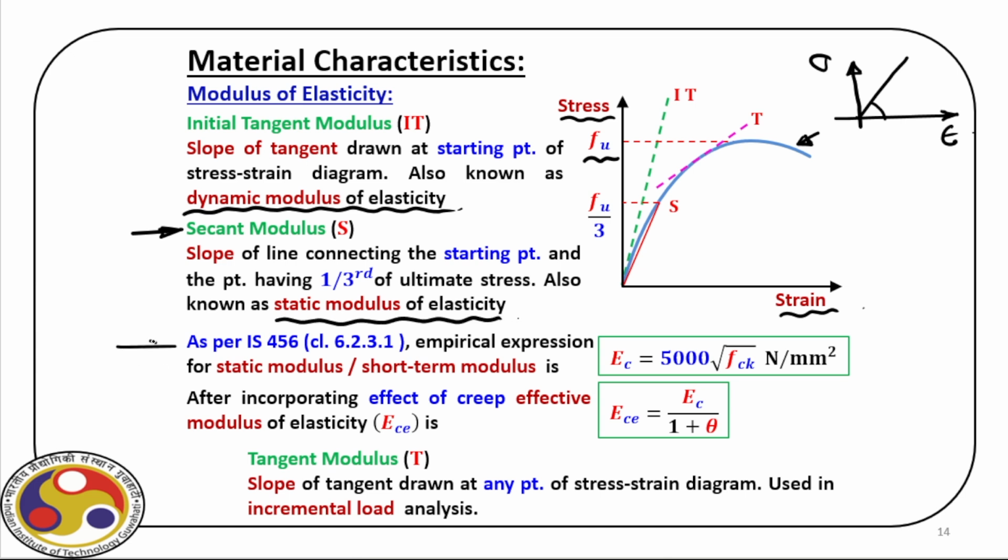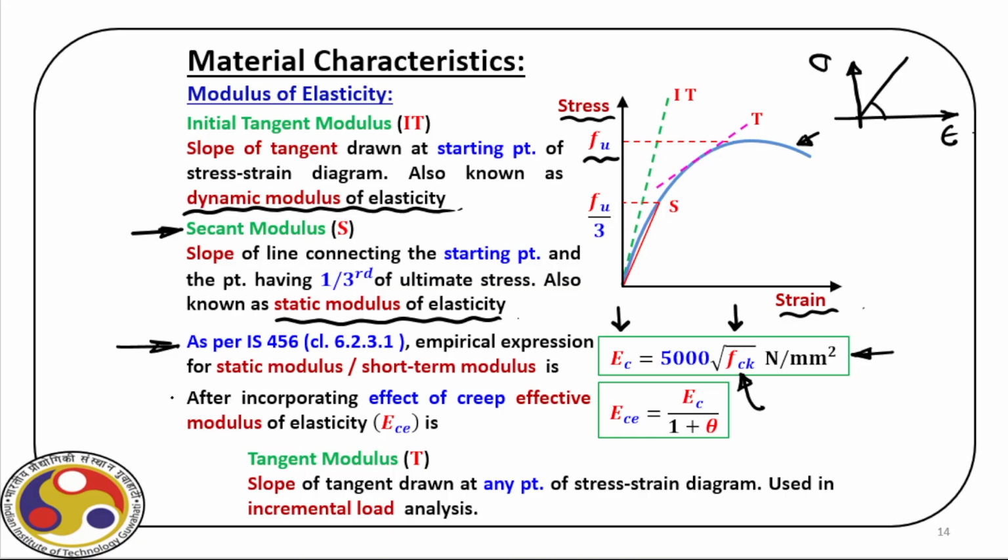Now, if we refer to IS 456, there is a very specific clause 6.2.3.1 that provides an empirical relation between the elastic modulus of concrete and the FCK value. This we discussed in our previous lecture. So we referred to this expression to find out directly the modulus of elasticity of the concrete that we are going to use in our design. Basically what we need to fix is this FCK value for the concrete that we are going to use. Once we fix that, from that value we can find the Young's modulus.